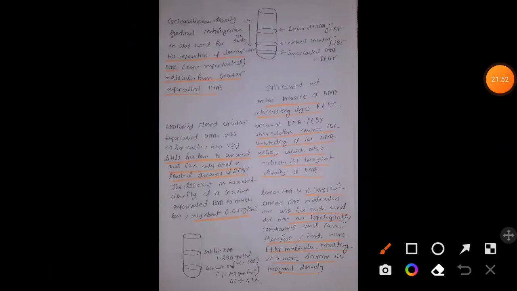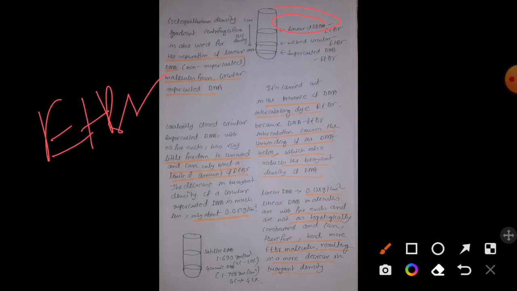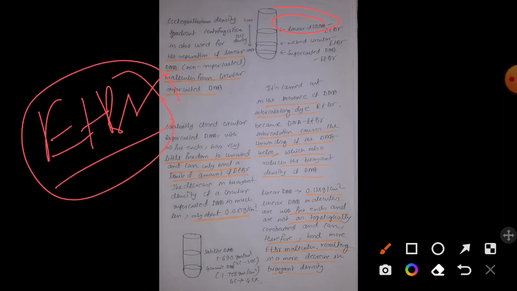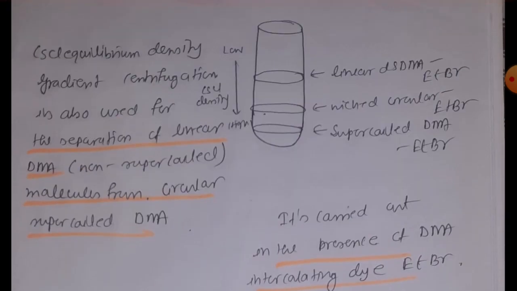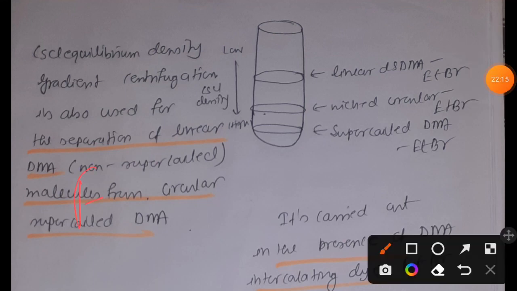And here we have separated linear double stranded DNA molecule and covalently closed circular double stranded DNA molecule. And remember, in that particular application we have used ETBR to unwind the helix, right? Not only that, the ETBR DNA complex will have a lower density than usual. Okay, and the decrease in density will be lower in case of supercoiled circular double stranded DNA molecule, because supercoiled DNA allows only a very small amount of